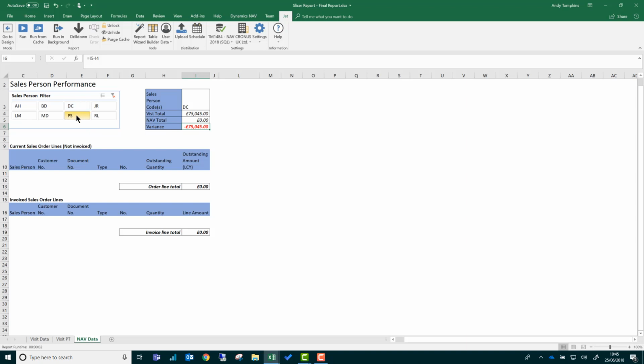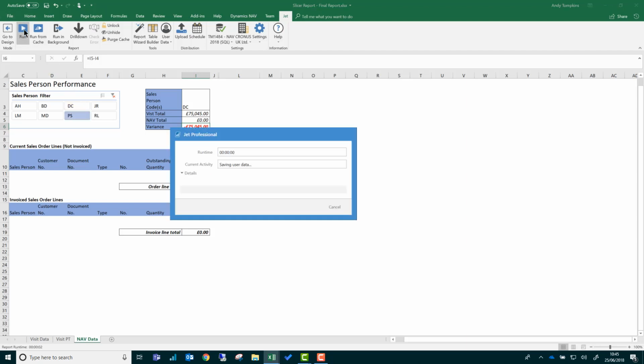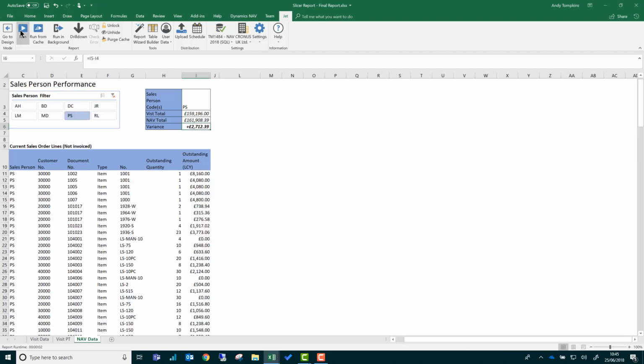If I filter this for PS and run the report again, I can see that I've got both visit data and NAV data, and this salesperson has performed better than he predicted. So again, slicers can be used to apply a filter to your Jet report in exactly the same way as if you had applied a manual filter that the user had input through a choice on the report options or something like that. This is an example of one of the features that we have covered in our Jet